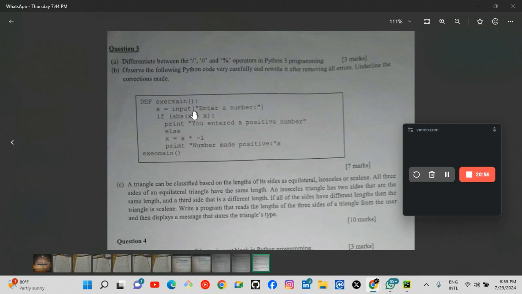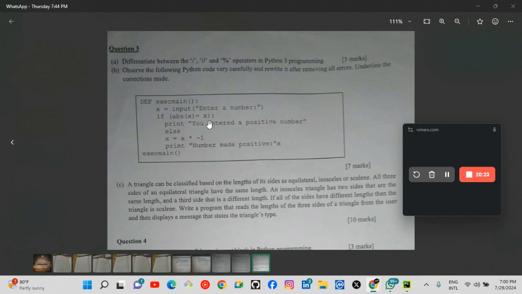So we now said if the absolute value x equal to this. Now this single equal to is wrong because a single equal sign is used for assignment. So you have to add one more equal sign so it can be compared. So we say the absolute value of a is equal to x, that is if the value is equal to this. It should print. Now in this place there's an error simply because there are no brackets, no parentheses in this print. This is the next error.